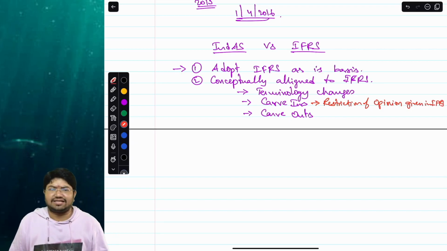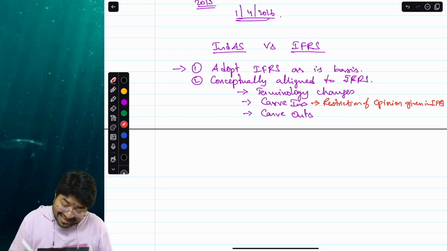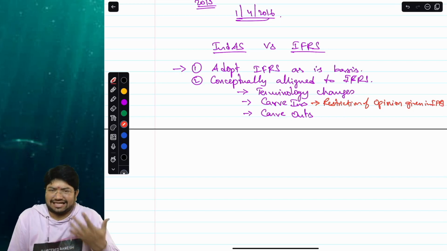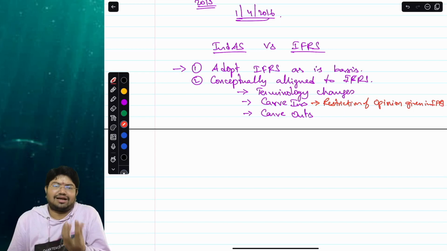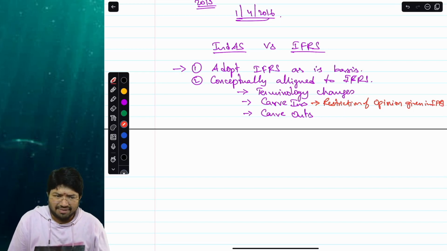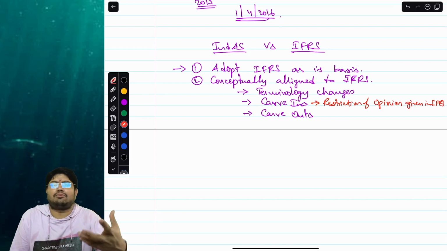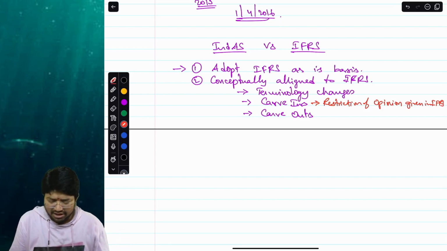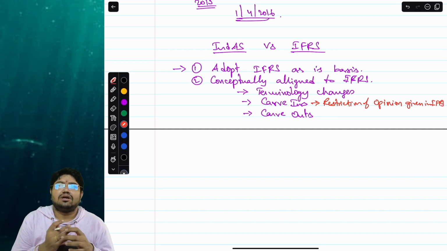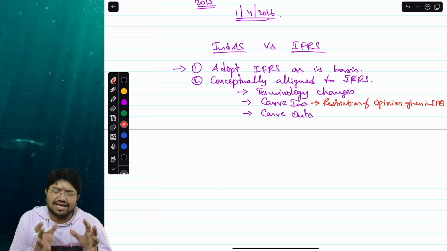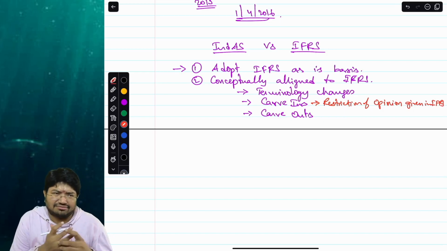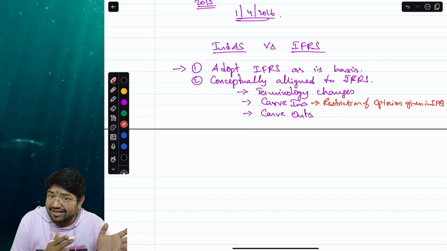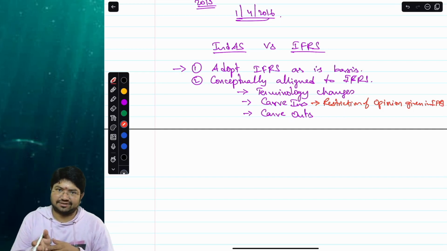Okay, restriction of opinion is given in IFRS. However, in India, you elaborately explained something about it, or you made it even more clearly understandable in Ind AS by giving some additional info over and above what is there in IFRS. Then you call it a carve-in. That means in every standard, when you go through the standard, there would be a few items like carve-ins and carve-outs for you. Now, that is about carve-in. That means something which is not there in IFRS, but it is there in Ind AS.